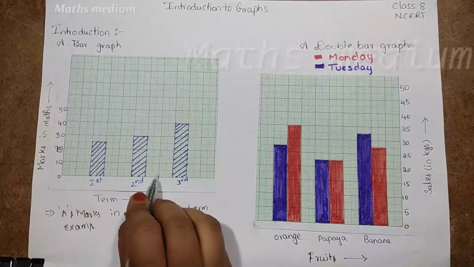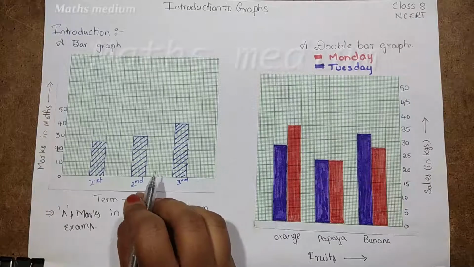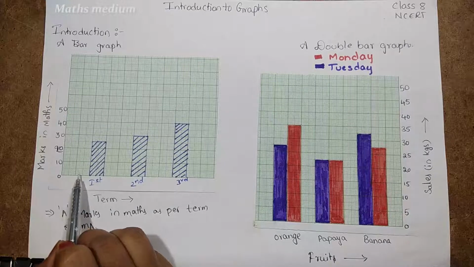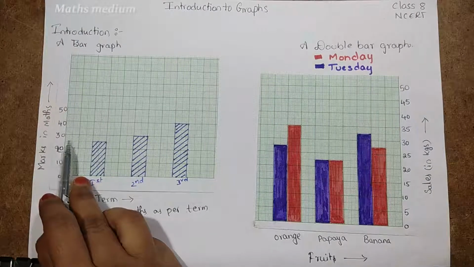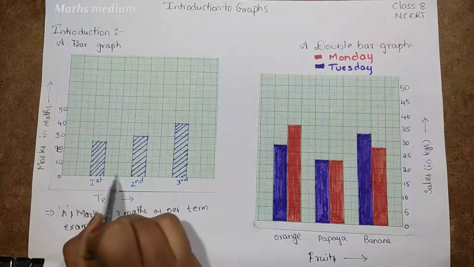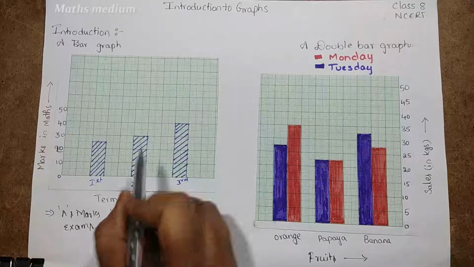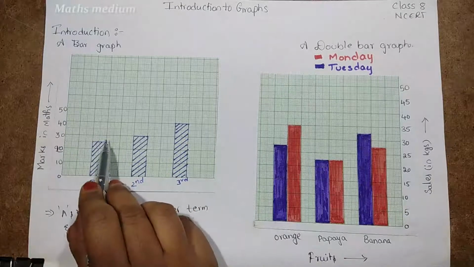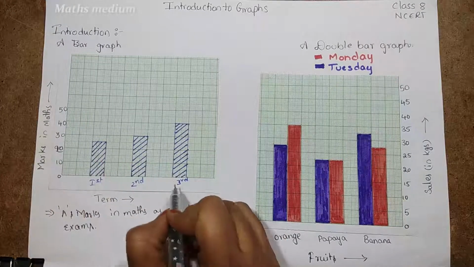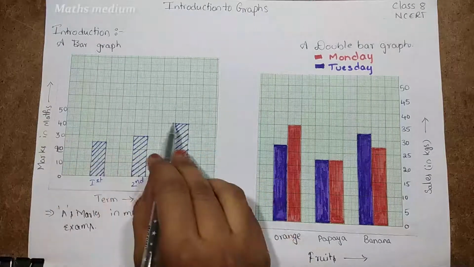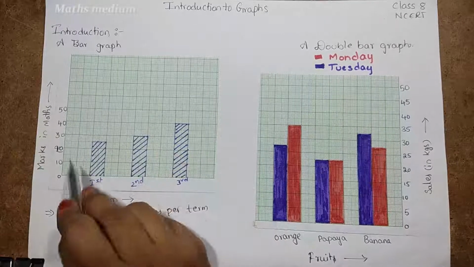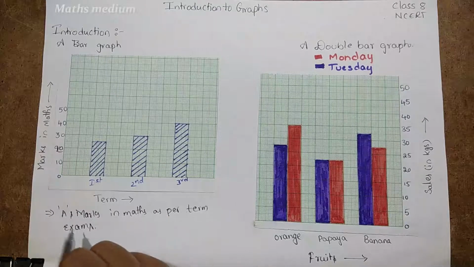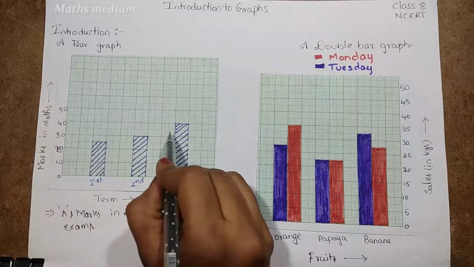See, by using this bar graph you can get some understanding about the bar graph. This is 0, and in between two columns we have first term marks, that is 25 marks. Next we take the same interval to form the second term. So this is 30 marks. So from first to second she got 5 marks extra in maths. And coming to the third term she got 40 marks, up to 50. In this bar graph, in visual form, we see how A's marks in maths as per term exams gradually increase.